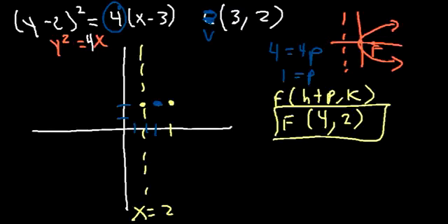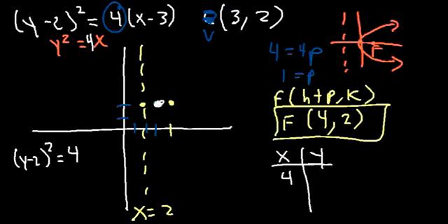Let's make a table. We know the center is 3, or the vertex is 3, 2. Let's plug in 4 for x, and let's see what we get for y. If we plug in 4 for x,